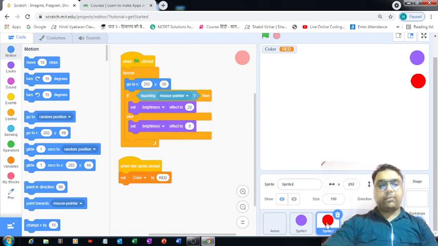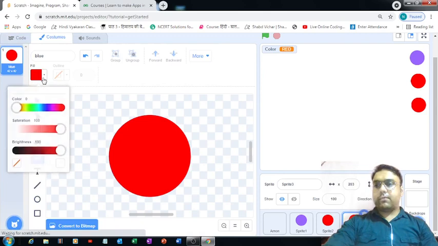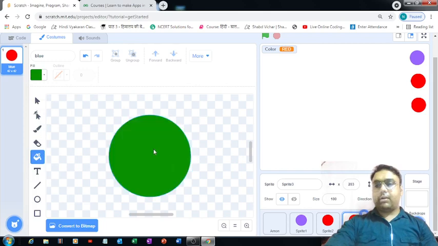Now let me create some more sprites. So right click, duplicate, and let's repeat the same steps. I would like to see this circle in some other color. Let's select a color from here. How about green? I think green is going to be a good option. Yes, now it is green.